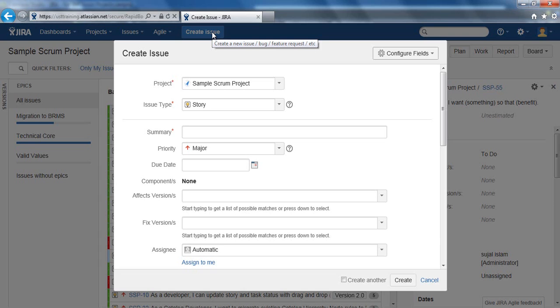So based on the template, let's create a real story that we use for the catalog team. So I'm selecting the story, issue type is story, and as a catalog developer, I want to migrate existing catalog hierarchy node